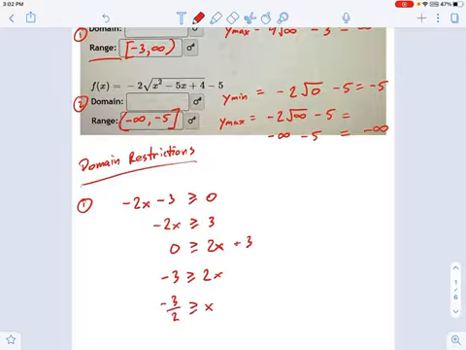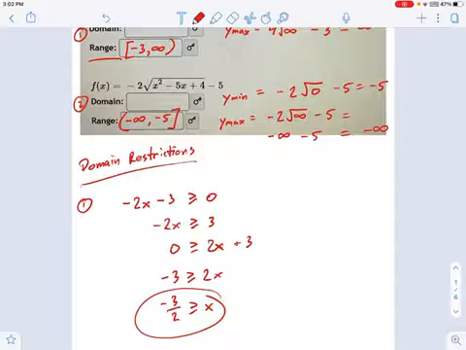You could have done this faster if you divided by a negative 2 early on, as long as you remember that flips the sign of this inequality from greater than to less than. I don't like remembering that personally, so I just add to both sides until I get a positive x, and then I'm happy. Now, x less than negative 3 halves.